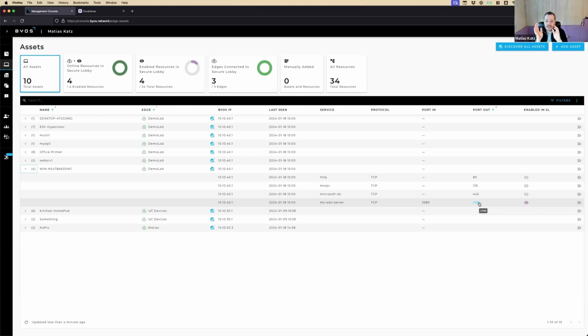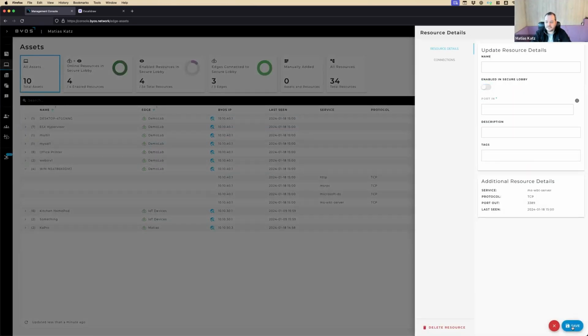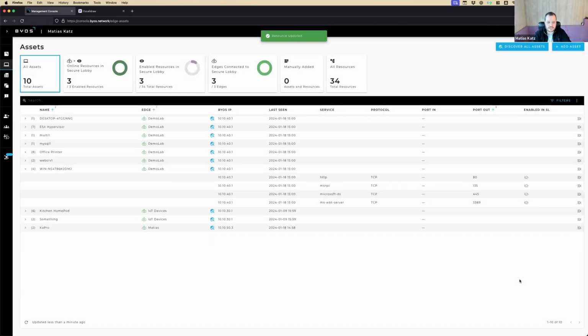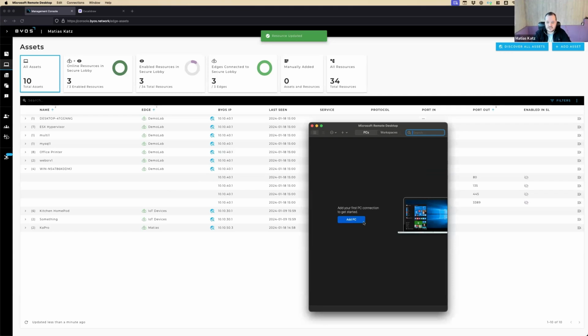So I put the assets behind microsegment, so they are invisible on the local network. And then I only allow a very granular access via layer 2, 3, and 4 with Byos to be able to use RDP. If I shut it down, let me show you. So I shut it down and I open my RDP session and I add the thing